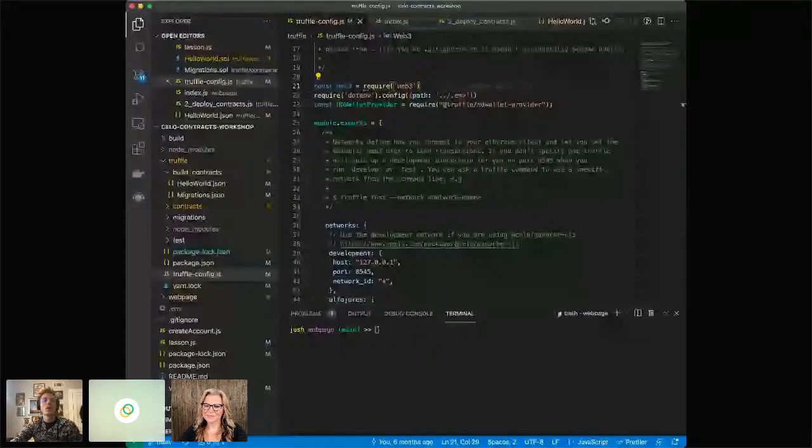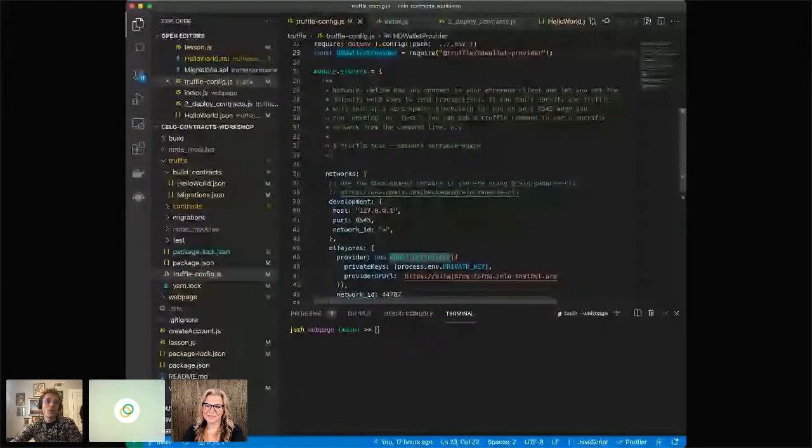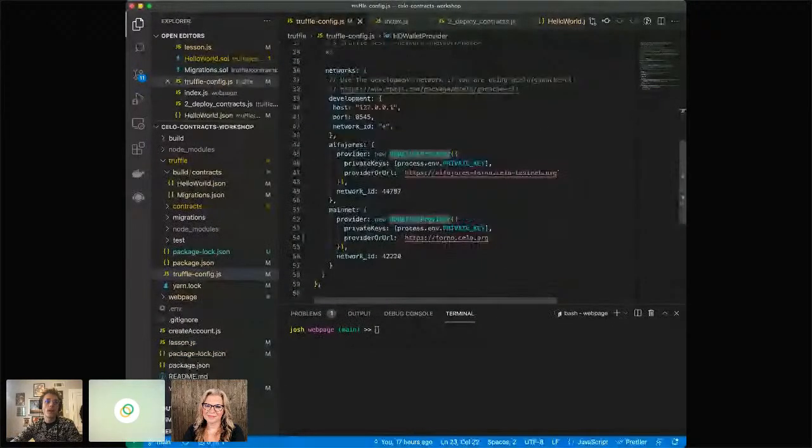This truffle-config.js file, I can just install this with npm install web3. And then I'm pulling in my environment file where I have a private key stored. And then I'm pulling in HD wallet provider by Truffle. And then in this networks configuration section, I'm defining Celo mainnet and Alfajores. And what I'm doing with this provider is using